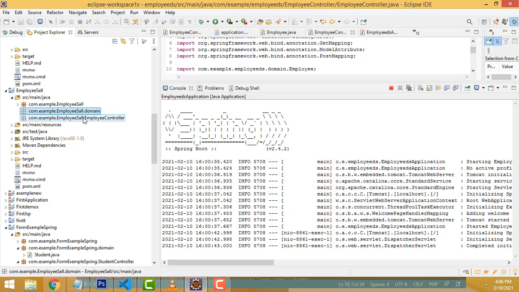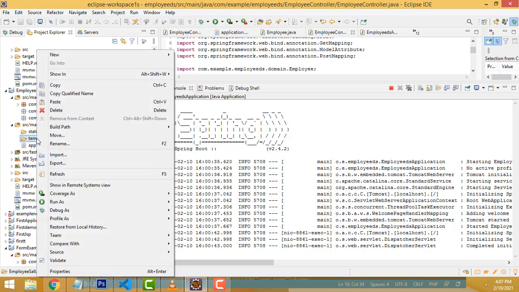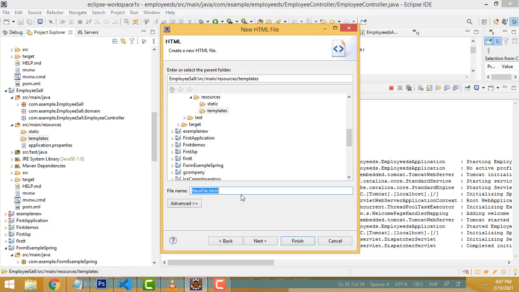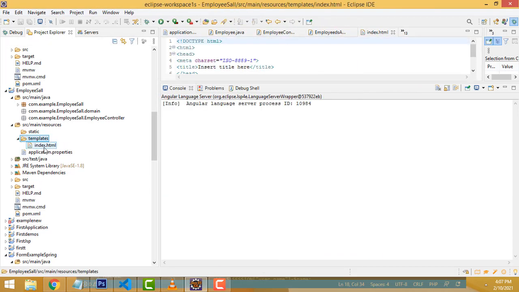Now we have to go to src main resources. Inside src main resources we have a folder called templates. Select the templates folder, right click, new, other, select HTML file, click next. Here we have to generate an index.html. Click finish. Now your index.html has been configured successfully.